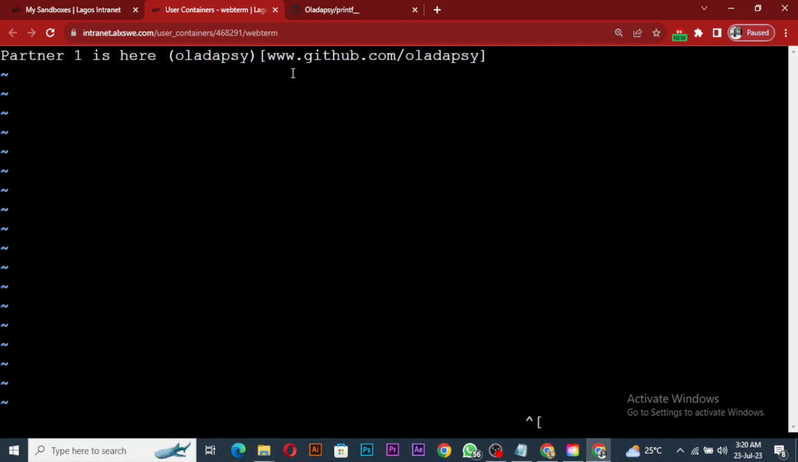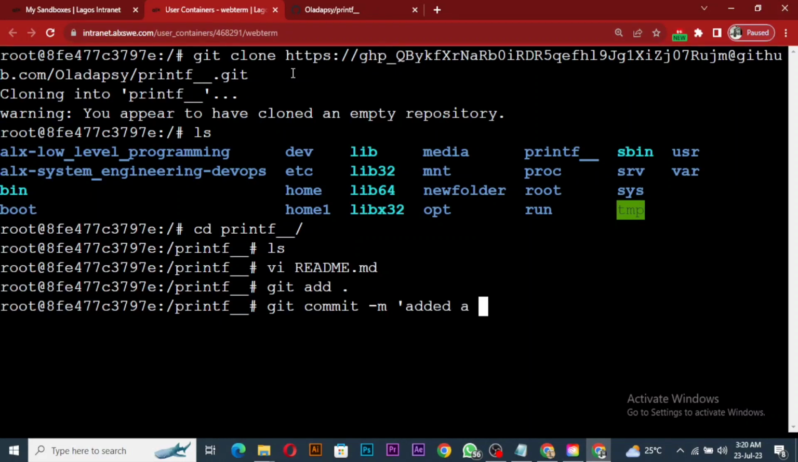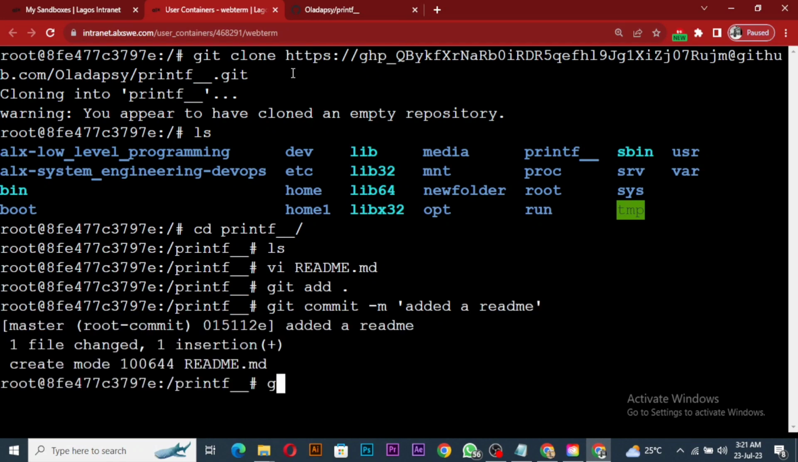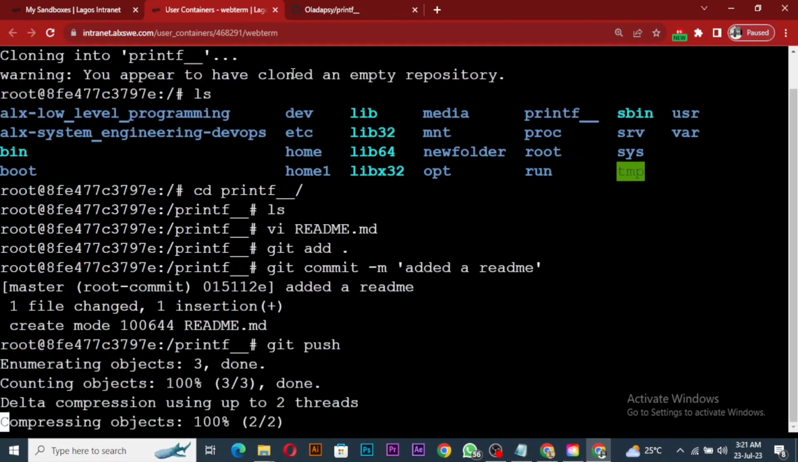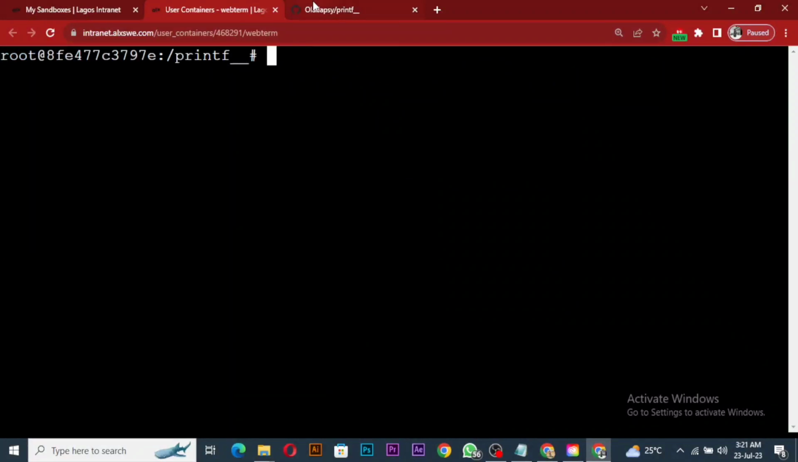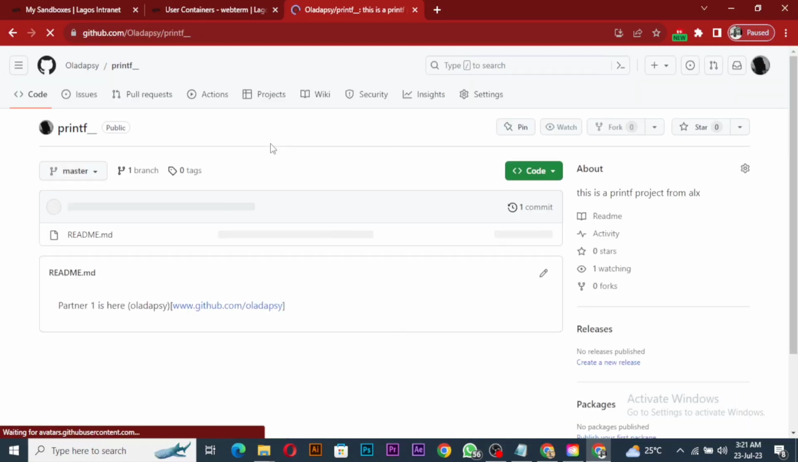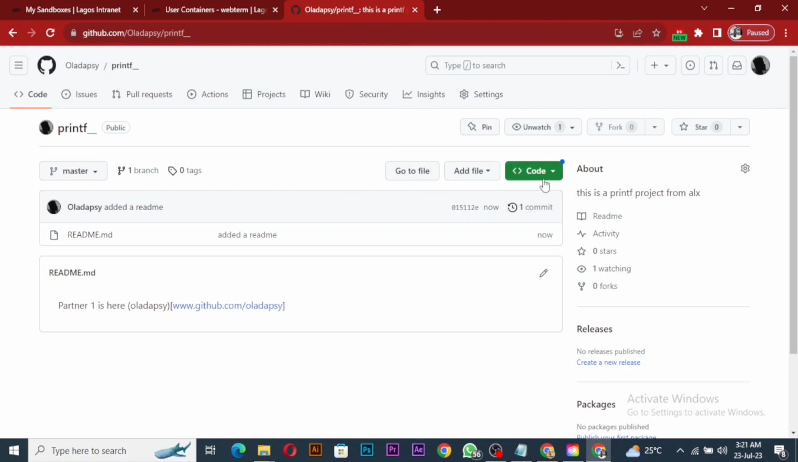Anyway, so let's escape, save it, git add, git commit, added a readme, right? And then now git push to origin, right? So I'll clear it. I'll go back to this. So remember, the second person has not accepted yet. So I'll go back, and then I will reload my page, and as you can see, it has the readme